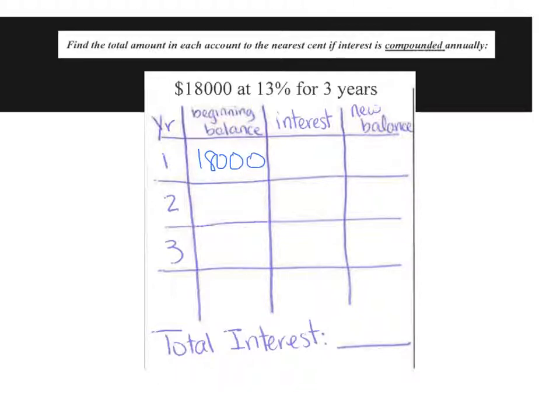That's the initial amount. To find our interest, we multiply this by 13%, which is 0.13 as a decimal. So 18,000 times 0.13 gives us a total of $2,340 in interest. So my new balance now means I need to add the balance plus the interest because they're putting the interest back in the account. $18,000 plus $2,340 gives us a total of